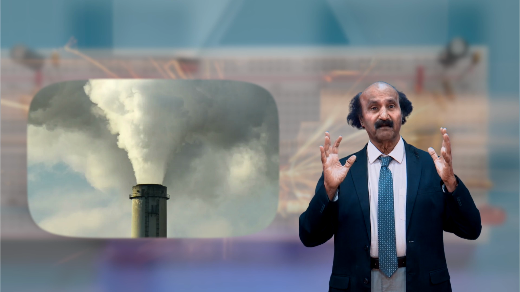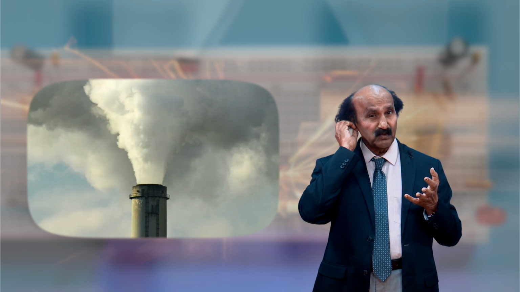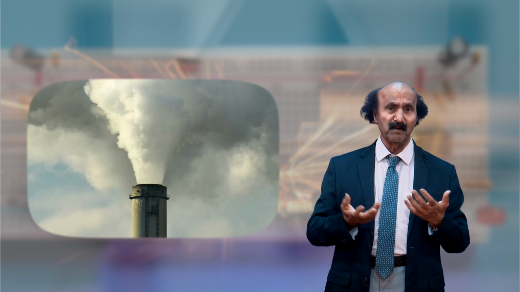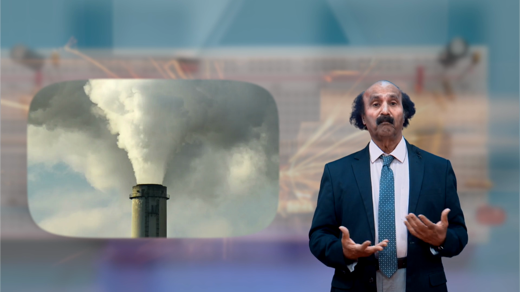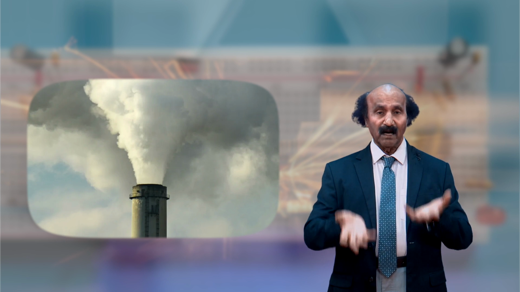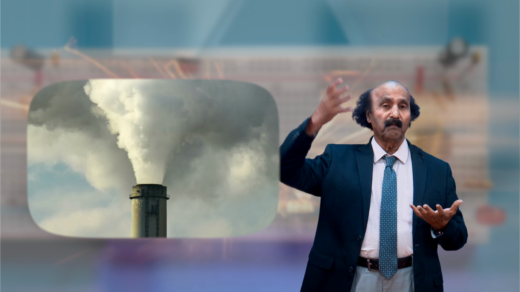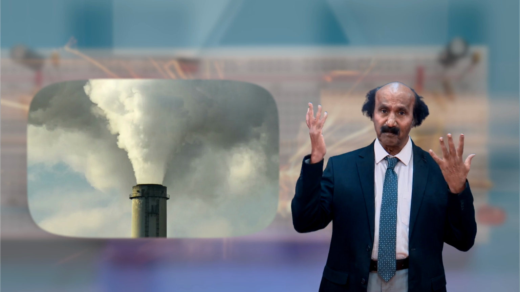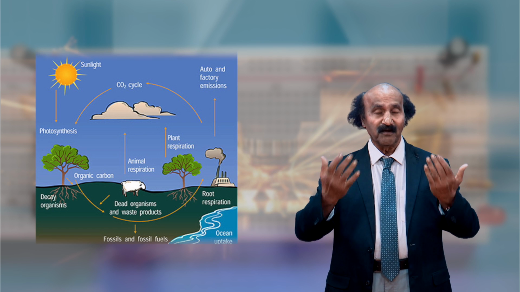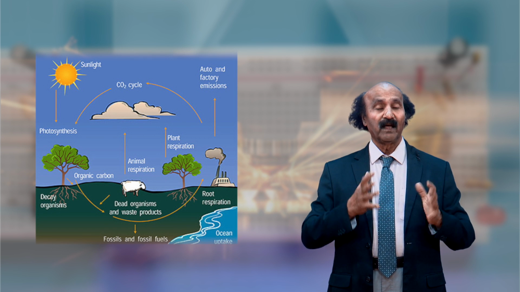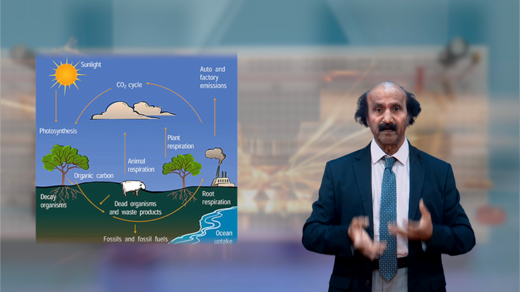Once they form a collective of CO2, that kind of cloud may not be so visible, but it is always there, and we can easily measure it. What happens is, the heat produced by the soil, when there is no carbon dioxide, goes into the atmosphere and escapes. But when there is a cloud of CO2, that heat is reflected back. Because of this, the globe is slowly getting heated up.